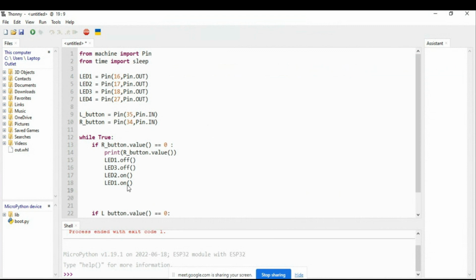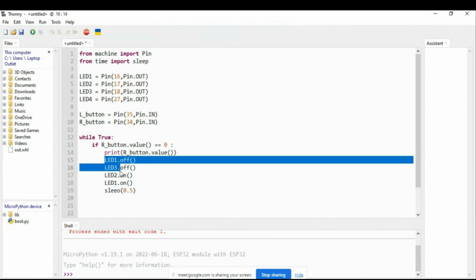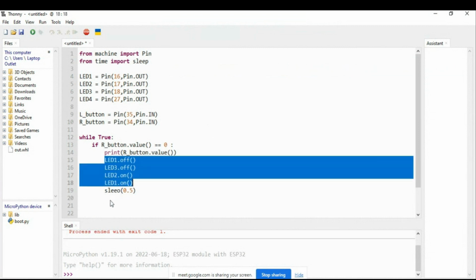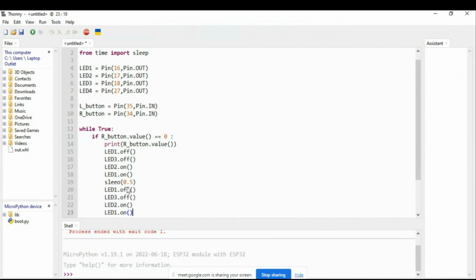And I need to wait for 0.5 seconds. So I will sleep for 0.5. And then I need to do the opposite of these 4. So I will copy them and paste here. And I'll change the LED names. Instead of 1, put 2. Instead of 3, I will put 4. Instead of 2, I will put